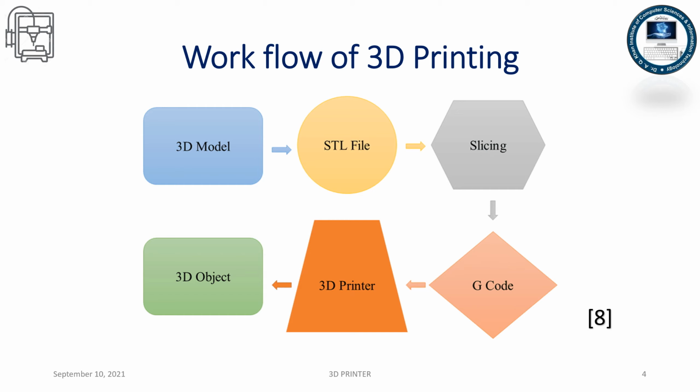So, the workflow of 3D printing. In 3D printing, first of all we design the 3D object in CAD software like AutoCAD and SolidWorks. This software generates a file with an STL extension. Then this STL file goes to slicing software like Cura and Slic3r. Then the slicing software slices this 3D model into layers and generates G-code. Then this G-code is sent to the printer line by line, and the printer follows these commands and creates the 3D printed